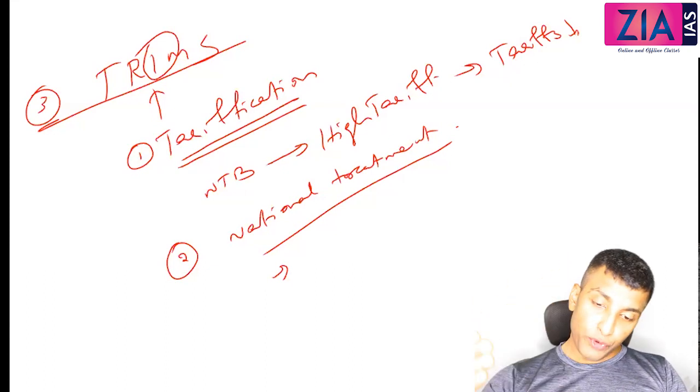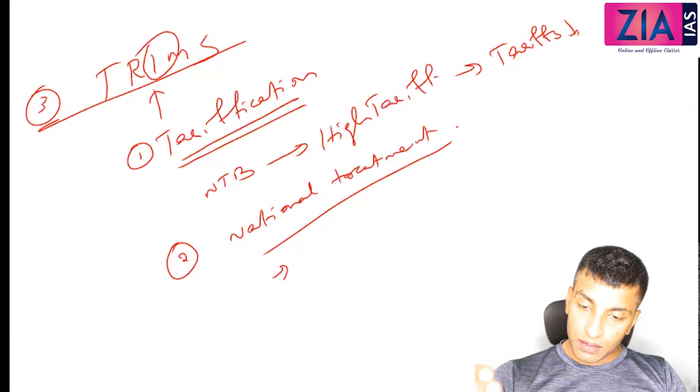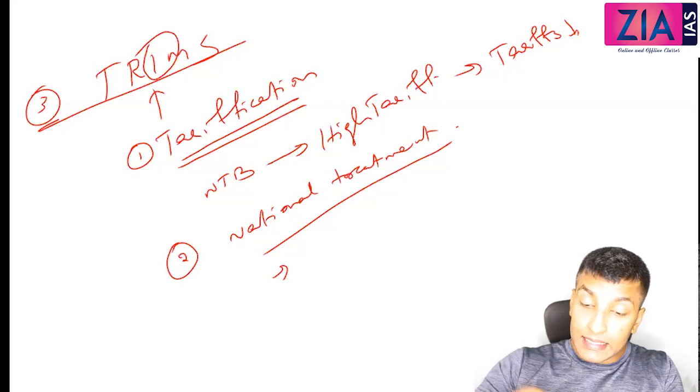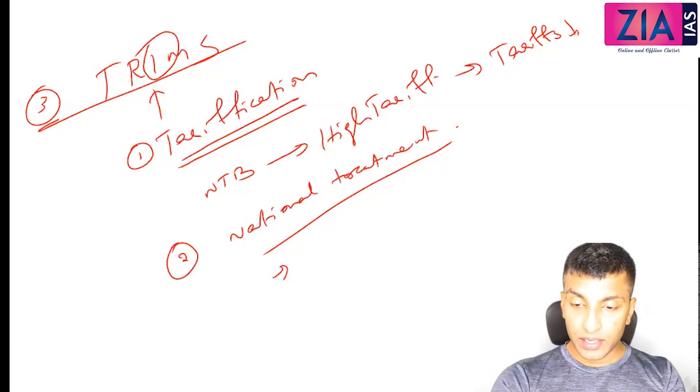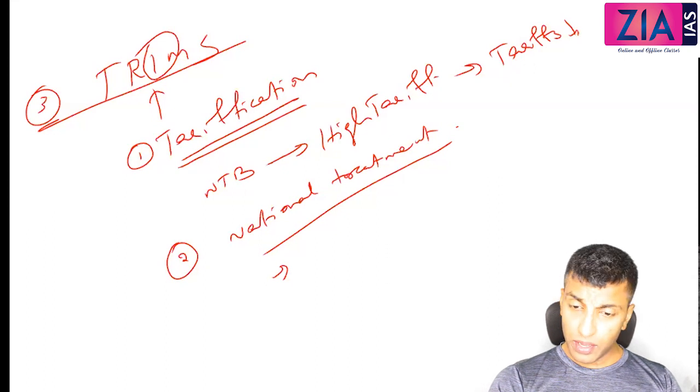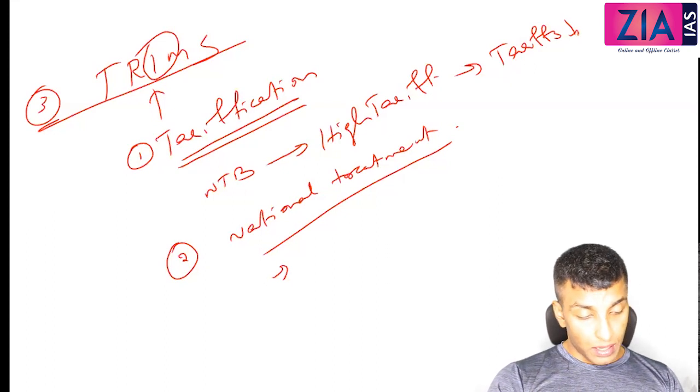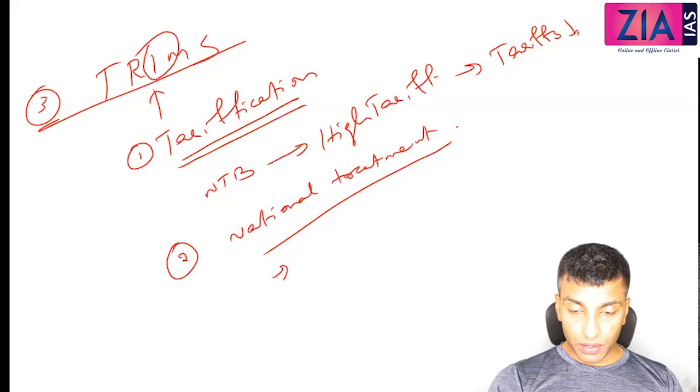Like before we discussed, foreign products should be treated at par with the domestic products, at least after coming to the Indian market. Similarly here also, foreign companies to be treated on par with domestic companies, export obligation,